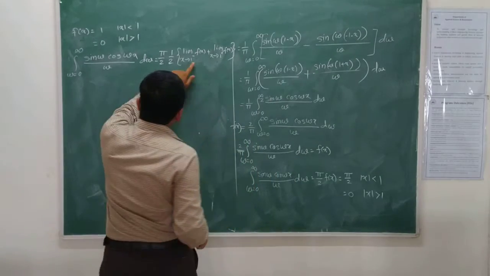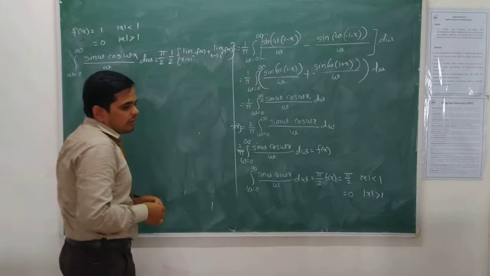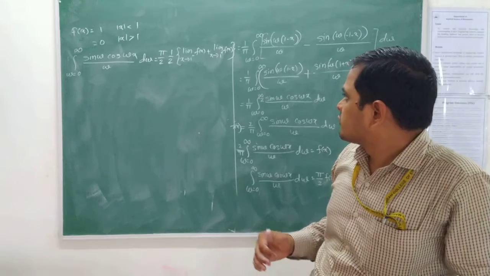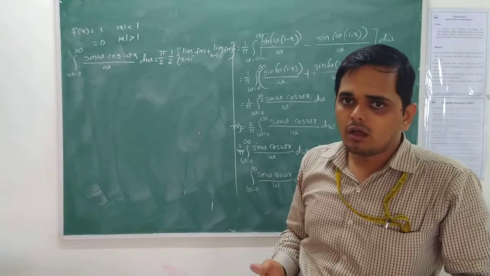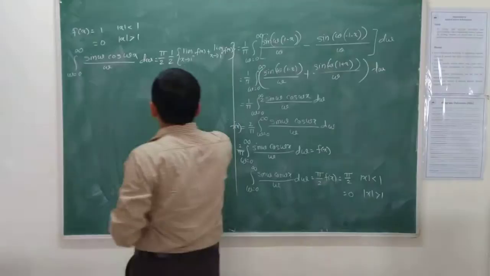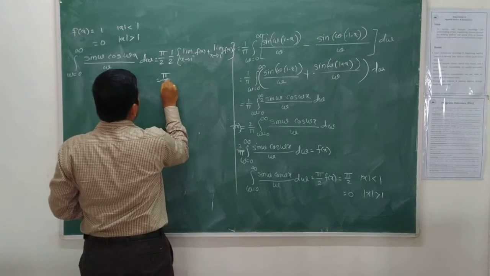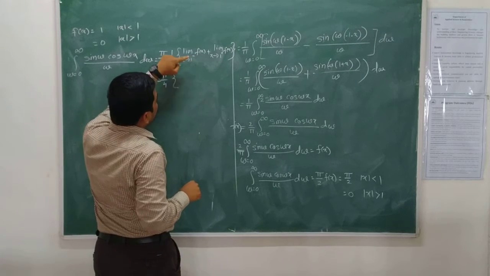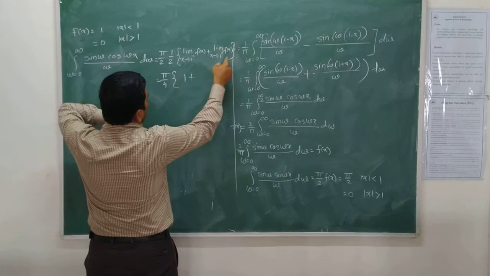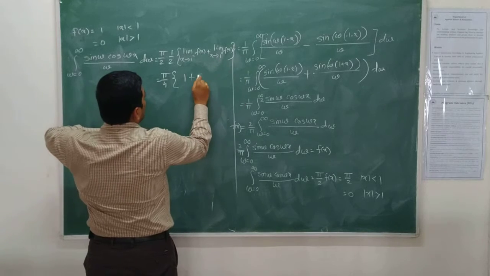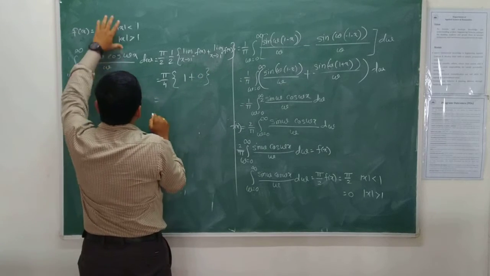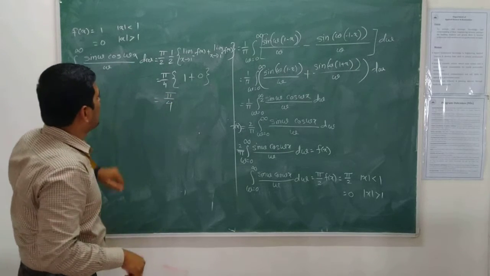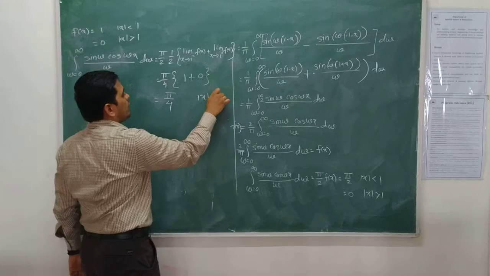So when x approaches 1 from the left hand side, the value of it will be 1, and when we approach it from the right hand side, the value of it will be plus 1. So hence this is pi by 4. I just made a mistake. When we approach 1 from the left side, the value is plus 1, and when we approach it from the right hand side, the value of this function will be 0 from this definition. Hence we get pi by 4 in case of mod x equal to 1.